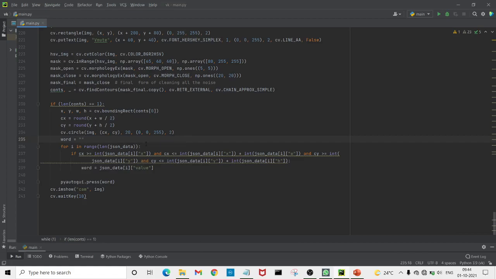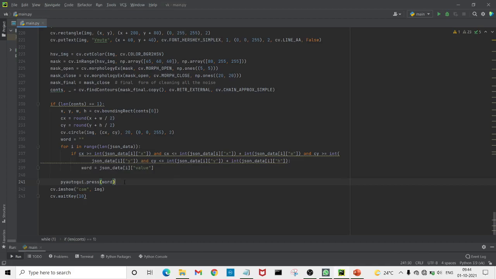So after this, PyAutoGUI press. As I previously mentioned while importing the PyAutoGUI library, this automation library will be used to click, drag, scroll or move over the keyboard keys.